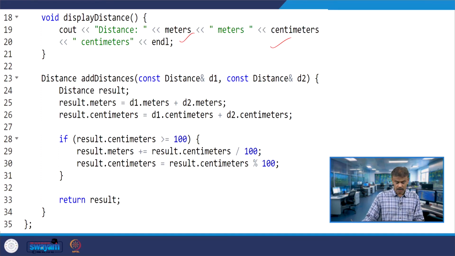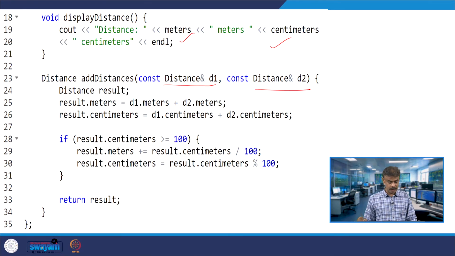Now we can add two distances. You might have studied call by reference in basic programming. Anyway, when we talk about methods or functions, I will introduce it. Here in this case it is based on call by reference, the address operator.